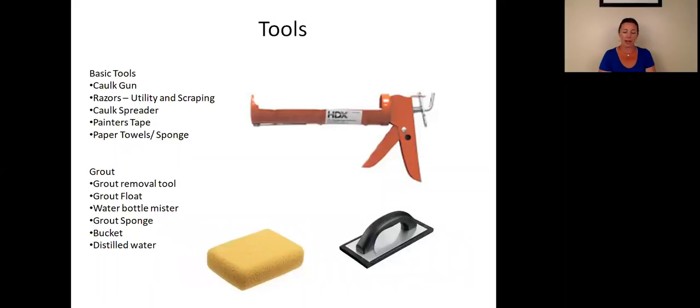Now, the other one that I like is a razor that's more of a scraper. I will use this to scrape along the edge of the tub and along the wall, again, to help get rid of all of the old caulk. So I use both tools. It depends on which one's working better on a particular angle, but it's important to have both of these handy. Make sure you have a fresh blade,